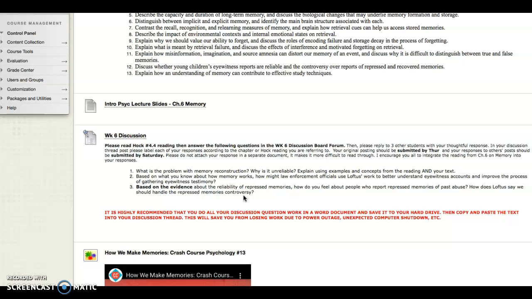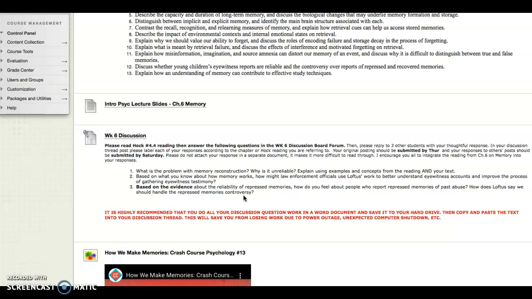Well, why? Why does she say that? What information is she using to back that up? What research does she have that even supports that she would be in the right there? So you're going to be looking at the latter part of the Hawk reading, where it talks about this repressed memory controversy and sort of knowing both sides of the controversy. And I want you being informed of what the research shows, because it's fine to have an opinion, and we all do think certain things, but this has been a widely researched area